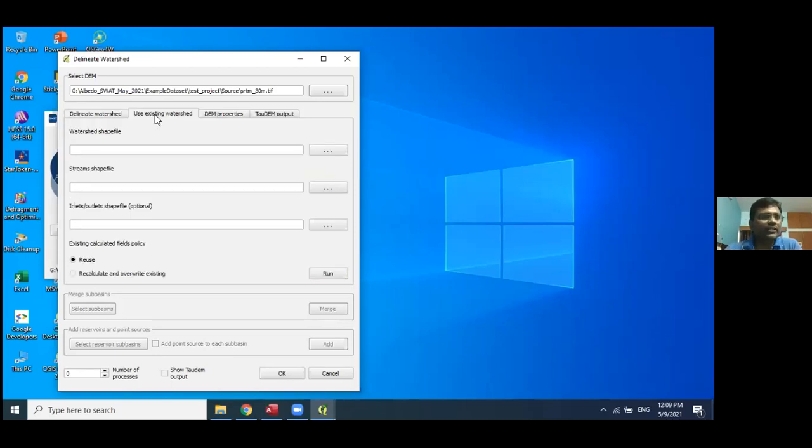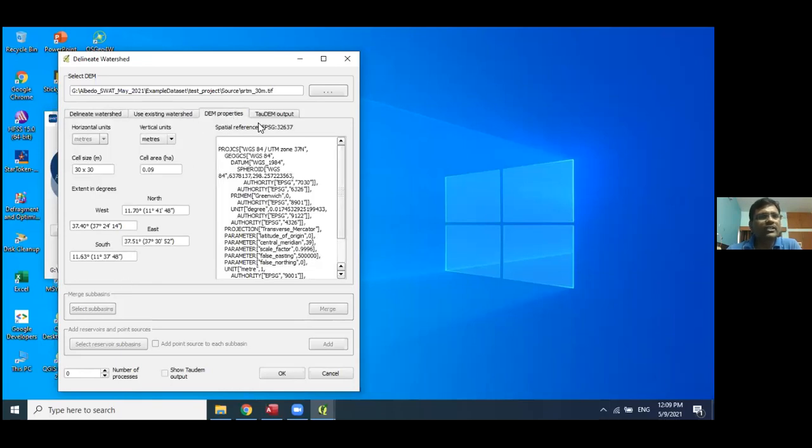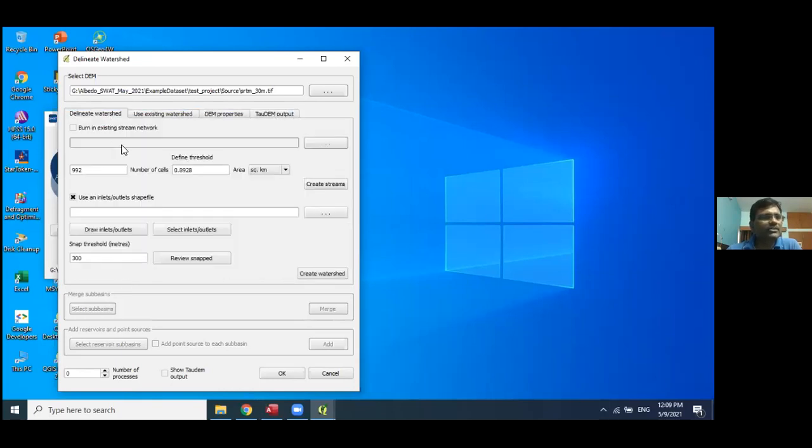There are also other options, like if you have the watershed shape file, stream shape files, inlet and outlet, you can use them. Then you can see the DEM properties. Because I don't have the stream network, I'm skipping this one for the time being.